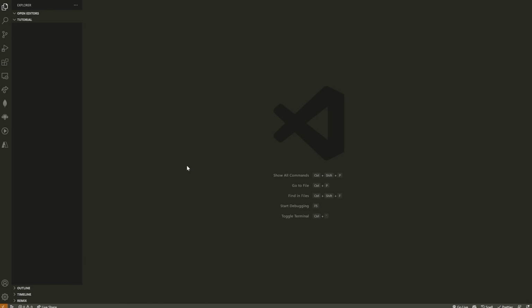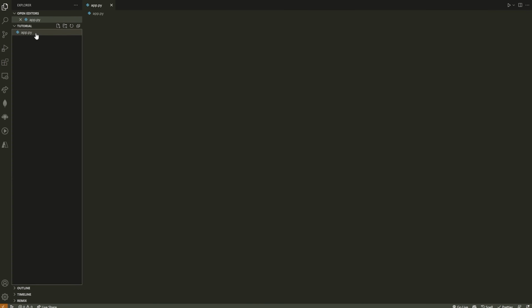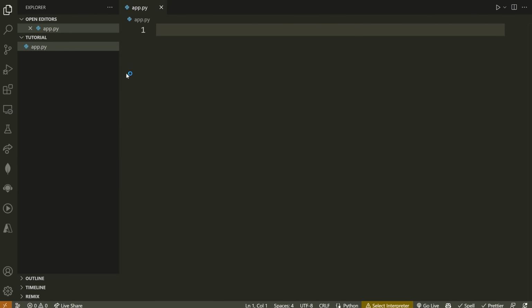Now what we're going to do is start creating a few directories and files for our application. So we're going to make a main file here called app.py. Let me zoom in a little bit here, just so we can see this a bit easier. And then I'm going to make a directory over here called static, and another directory called templates. Now, it's very important that you name these directories exactly what I have here. So templates and static, that's where we're going to put some of the files that are related to the view of our website, or the user interface, okay?